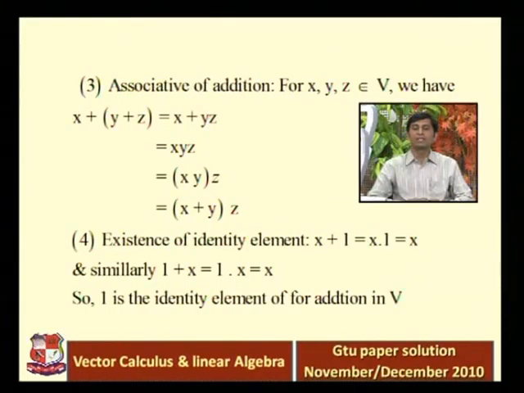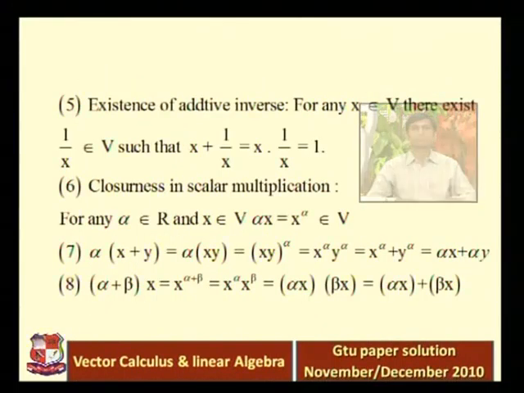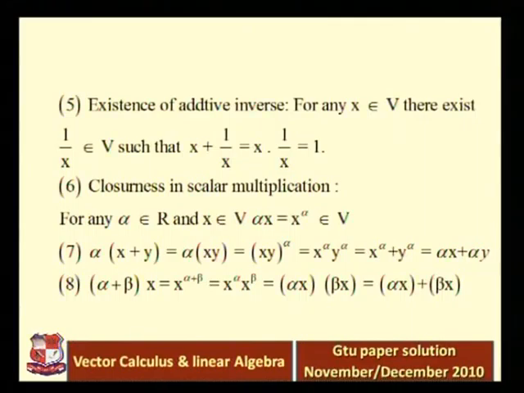Now the fifth condition, inverse. We have to find the inverse for any positive real number x. Existence of additive inverse: for any x belonging to V, there exists 1 upon x belonging to V. Why does 1 upon x belong to V? Because x is a positive real number. So for any positive